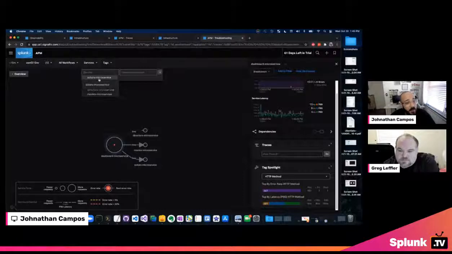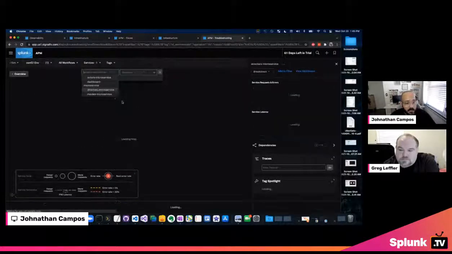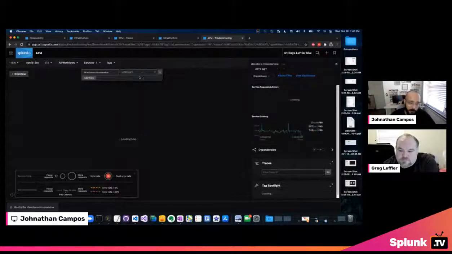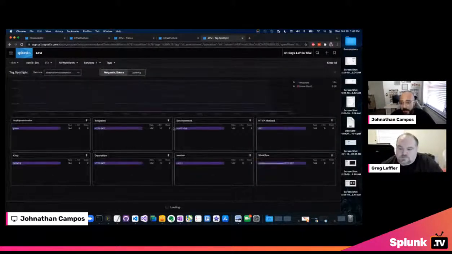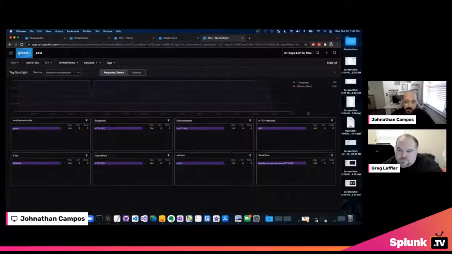And here as well, if we want to break things down by microservice and narrow things down to the actors microservice or the directors microservice and see what's going on, we can easily do that. Of course, we are only doing HTTP GET requests, but we can quickly see in a simple overview that we're no longer sending these simple requests. We can go back into Tag Spotlight and see that those requests have absolutely gone down. We're no longer able to get those requests. So definitely something is going on here.